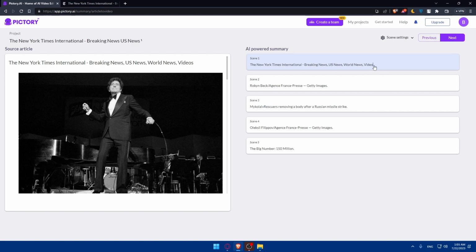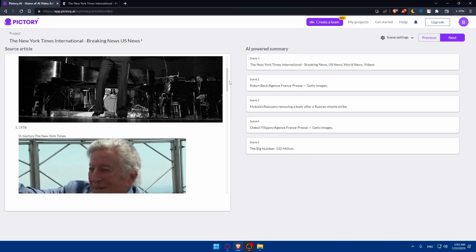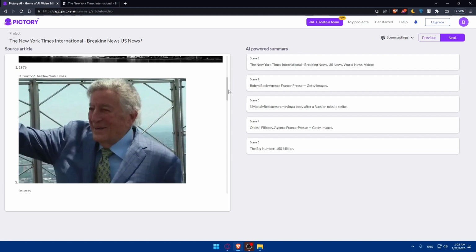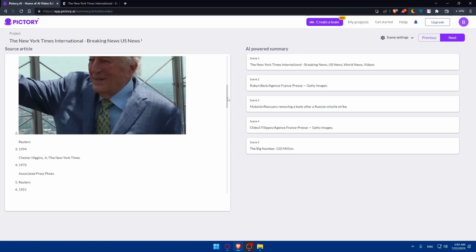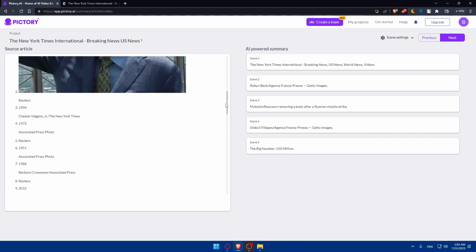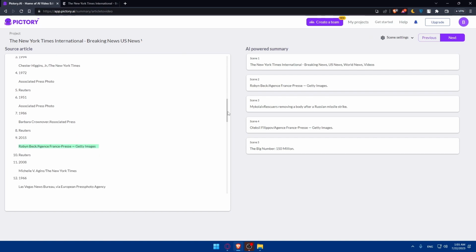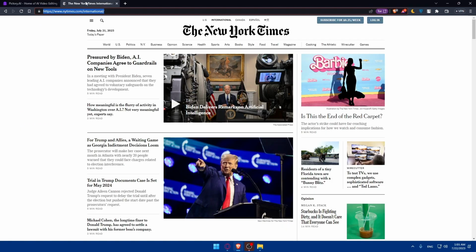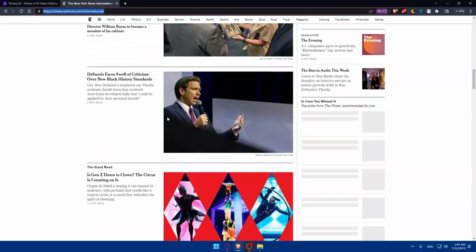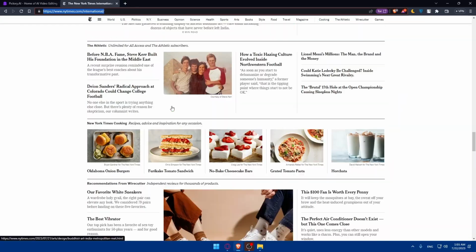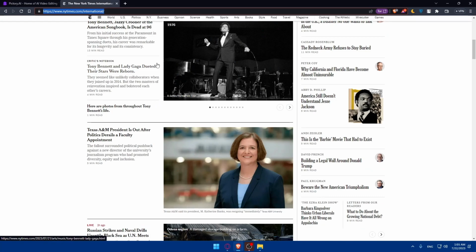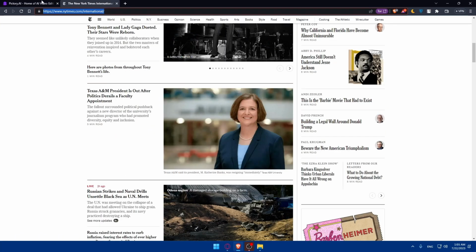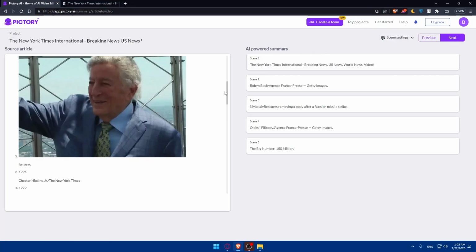Of course, you can even go and edit it if you want to. And of course, here you'll be able to scroll down. So as you can see, we have here Dr. Gorton, the New York Times, and a lot of information, depending on the article that we have here in the New York Times. So they actually summarize all of this article about what's happening internationally at the moment, and they summarize all of it into this